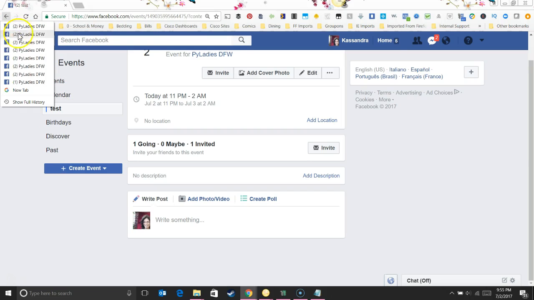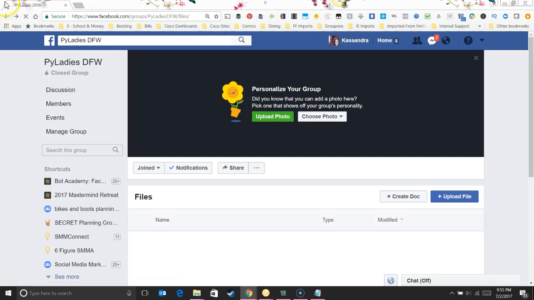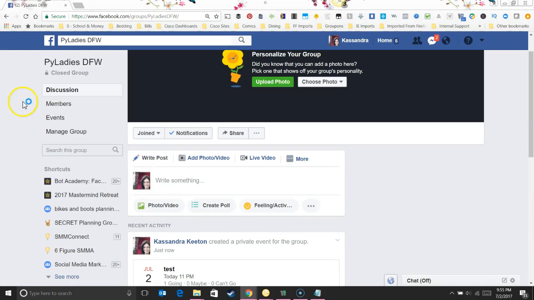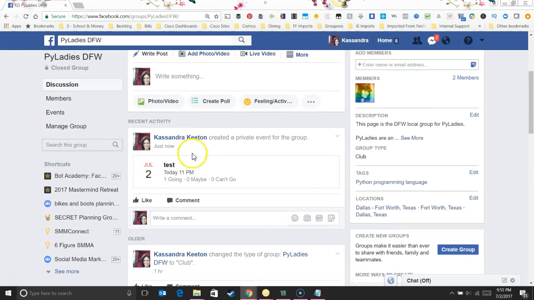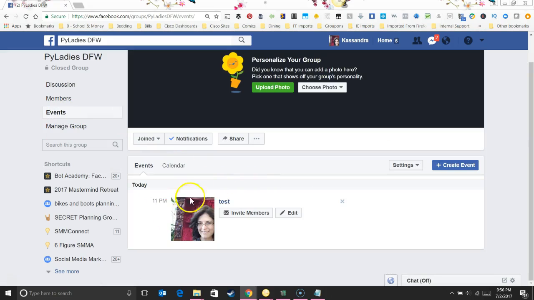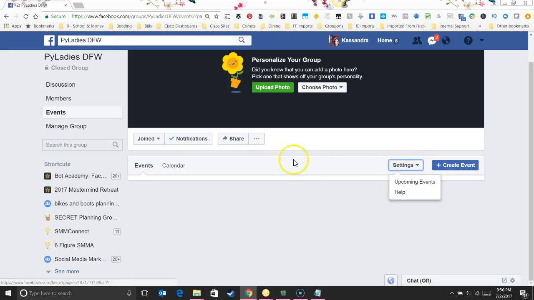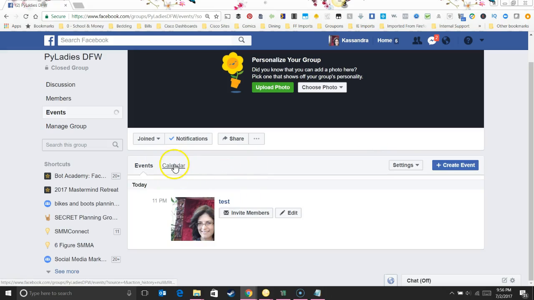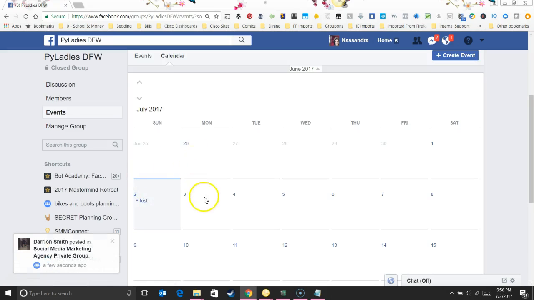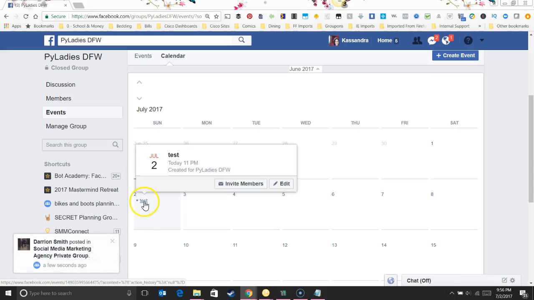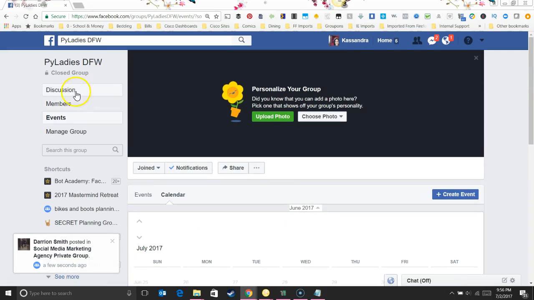Now, if you were to come back to PyLadies, you can see that the post was created. People can comment on it, they can like it, they can click on it and go to see more information about it. But again, if you go to events, it shows up in the future. If it was a past event, you could change that to past events, and you could see only the list of past events show up. Now, as you can see, because it's showing up for today later on, you see that the event is right here. You can invite more members, you can edit it,